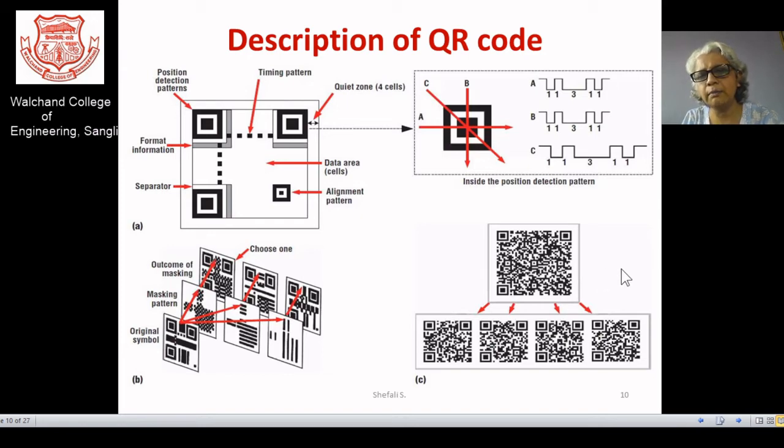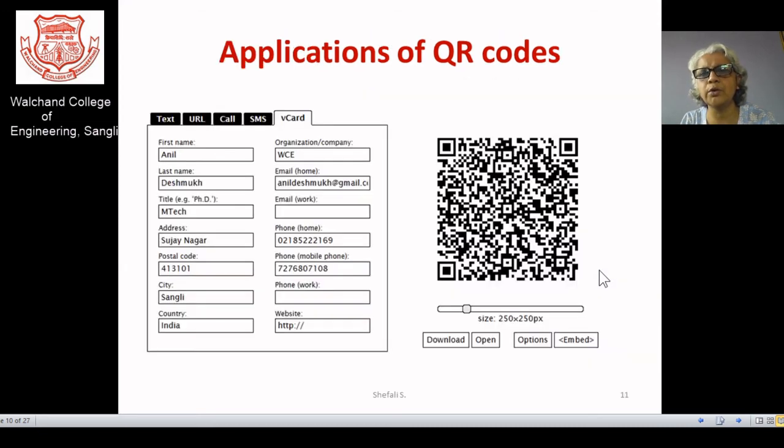Actually, I would like to again mention the idea of steganography. Steganography is the idea which hides information in another carrier signal. So if this is treated as a carrier signal, then there is a great scope for us to hide something in that QR code, because a QR code has very high capacity to store data. You may check what amount of data it can store. It is interesting that you can have a number of applications utilized with your QR code itself. That's why I can say that this is one of the applications of your graphical cryptography.